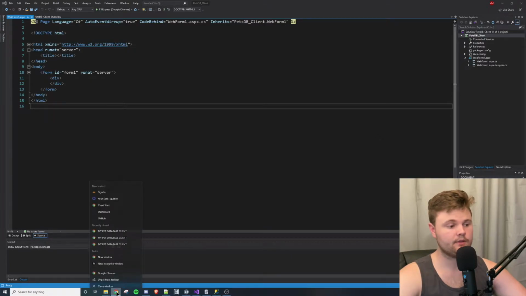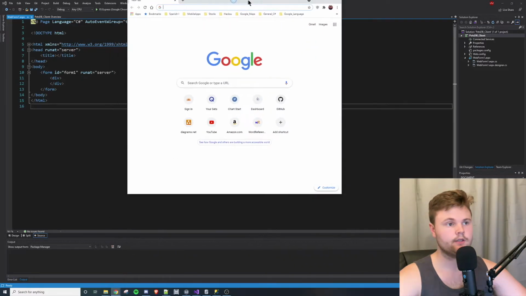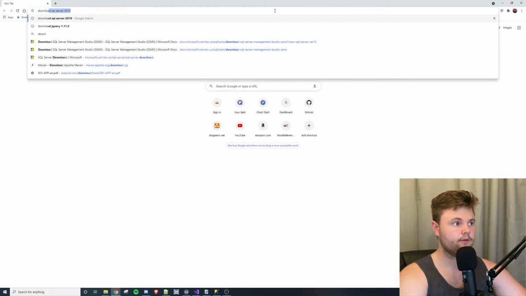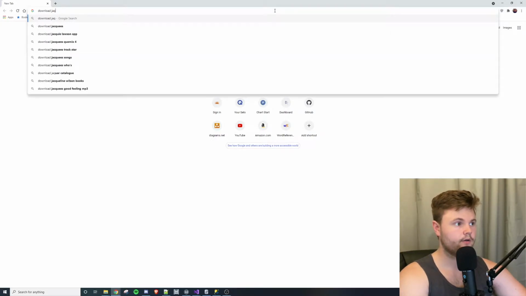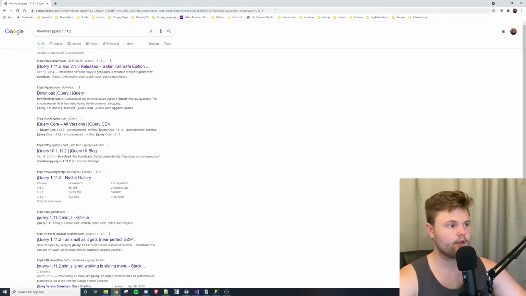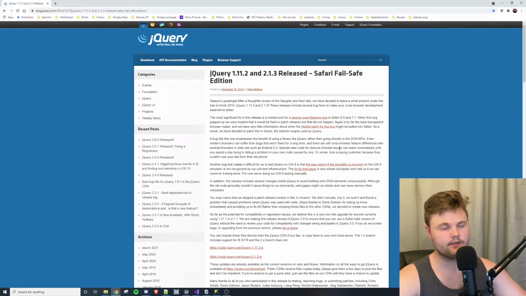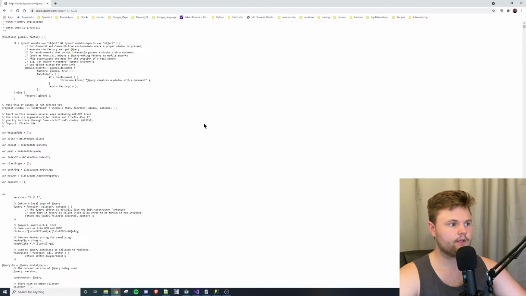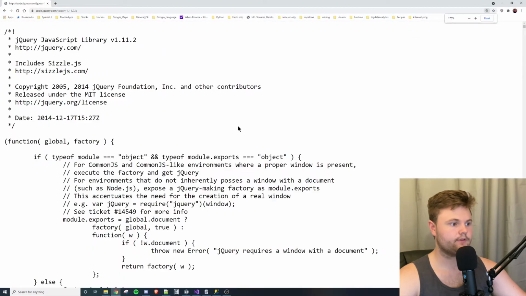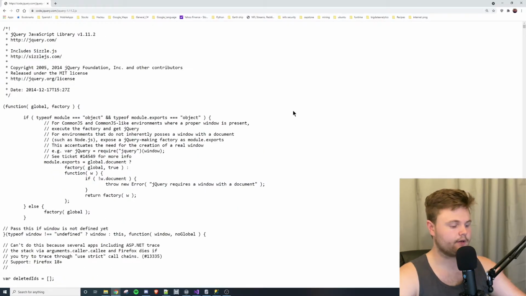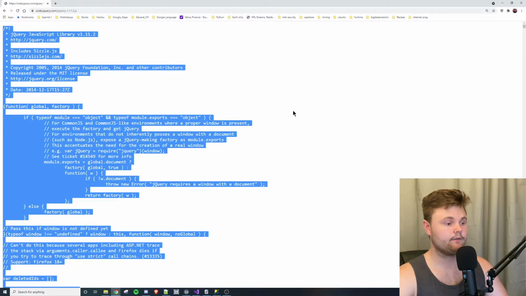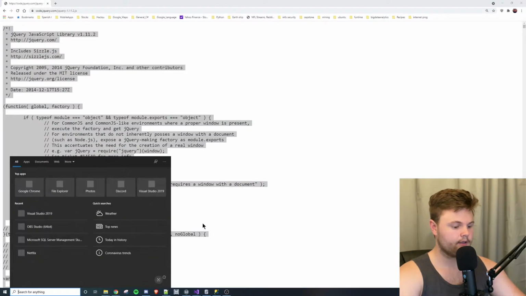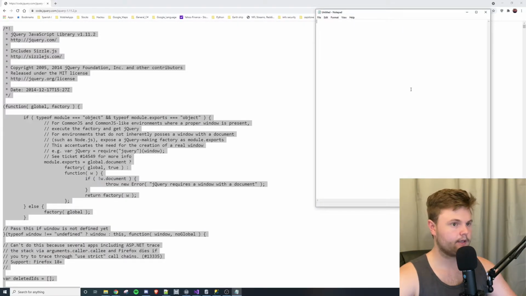So the way that I'm going to do this is by opening up a web browser and then typing in download jQuery 1.11.2, and then I found it on blog.jquery.com. I will post the link to this in the description. And then if you click on this link to the jQuery 1.11.2.js file, you'll see just the text of the file. This is just the code for the library. So I'm going to highlight all of that and then copy it,